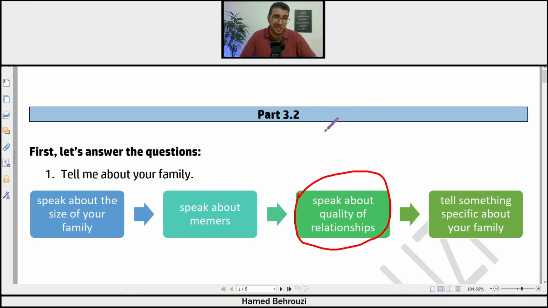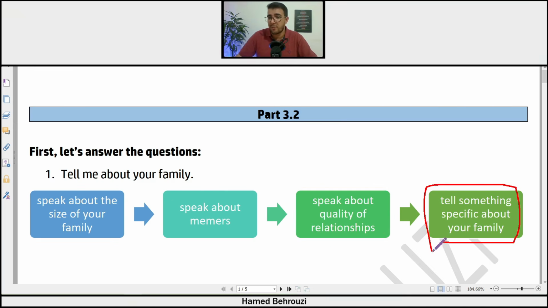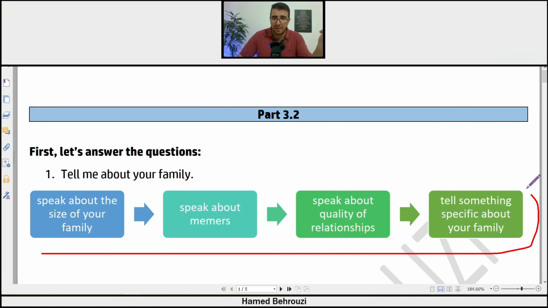We're just living in the same place. Something like that. They will not judge you on the things that you say. The structure and the way that you talk is more important. Then tell something specific about your family. Just generally, you can tell them the way that you enjoy spending time together. Something like that, okay? So bear this structure in mind,